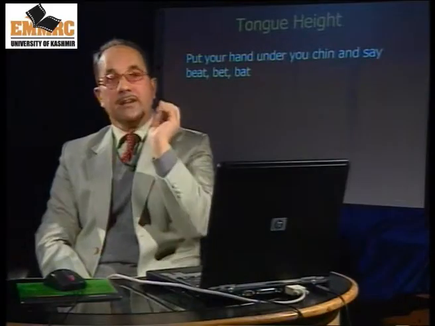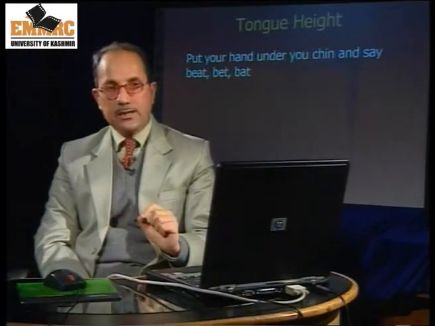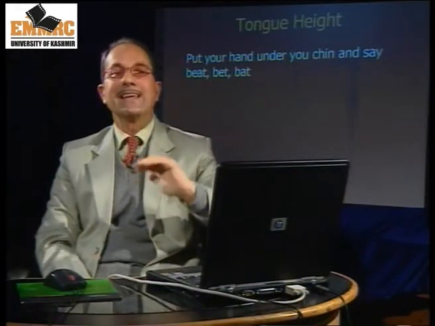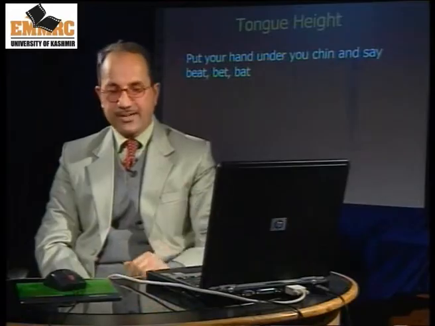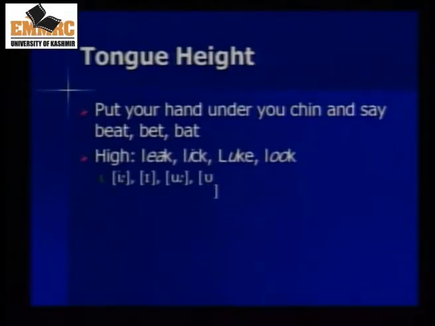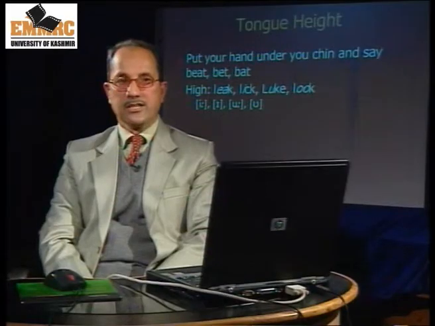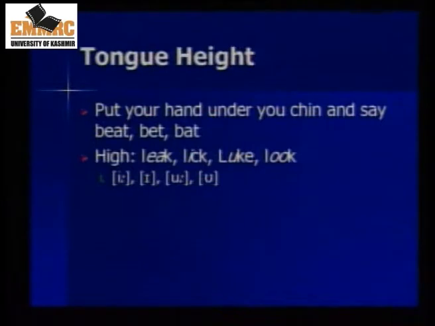You can do it yourself by putting your hand like this under your chin and say beat, bat. If you can see, in beat, your tongue is much higher than it is in bat. Your tongue is high when you produce leak, lick, look. So the vowel symbols which are put in square brackets,